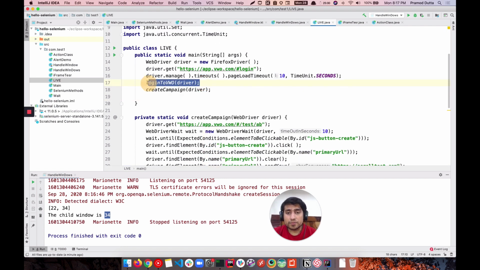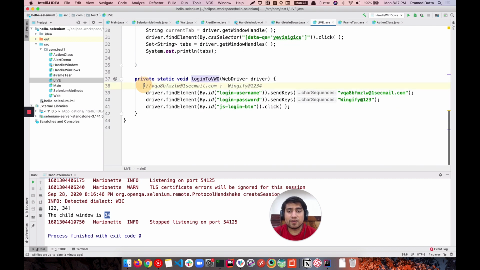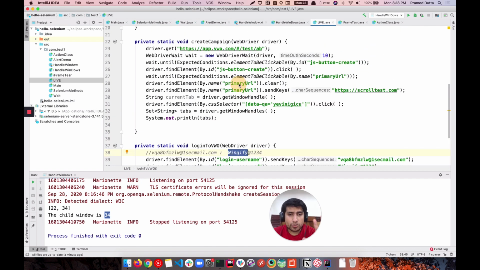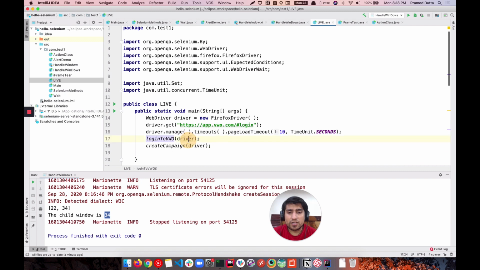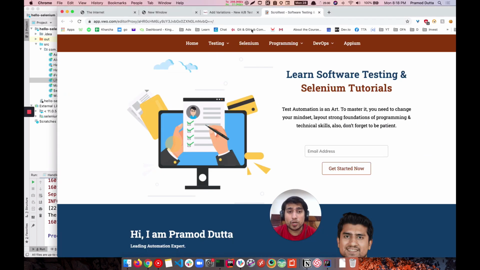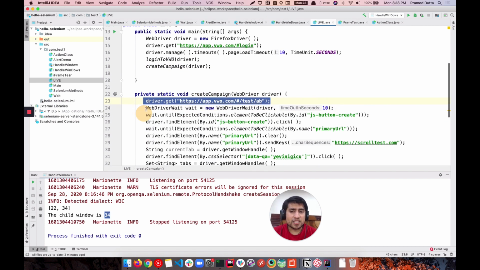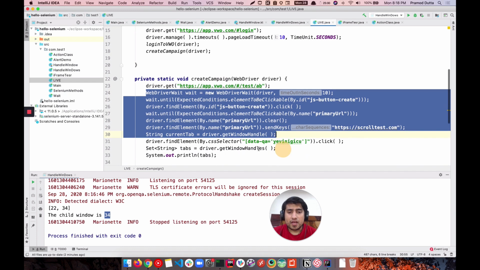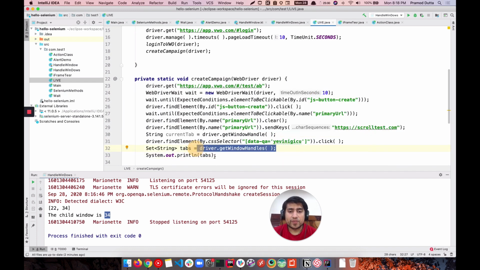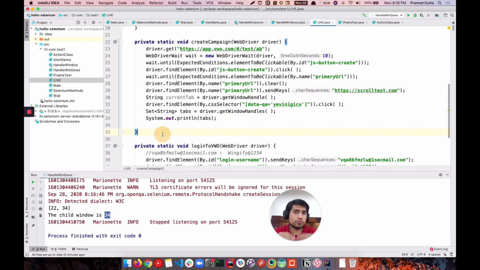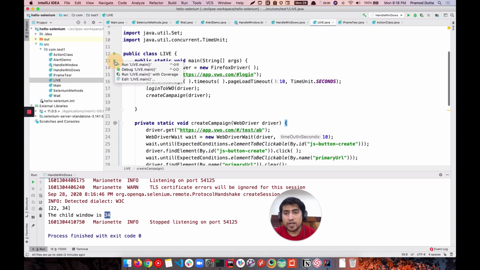So this is a login scenario, which we have worked on earlier, right? And the username and password that I have used here, you can use that. Link in the description, you can try out. So this is again login, which is the day one exercise that we have done, right? We are doing the live project, right? So login to vwo.com. We have done login, and after that we are going to create a new campaign and open two tabs, right? So basically we are going directly to this link. Again, these are certain links that I'm trying, and here I'm getting the window handles, if you see, and I'm just printing right now, right? So just to give you an example, right? You can try out the example. That's why you will get to learn more about it.